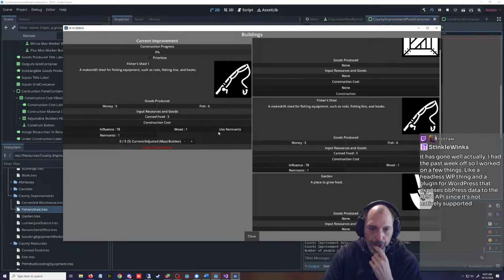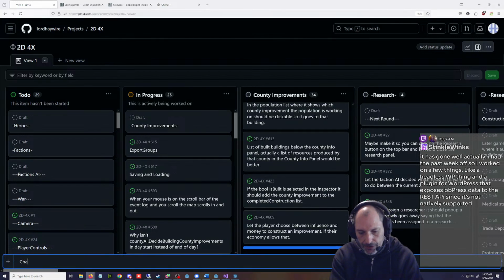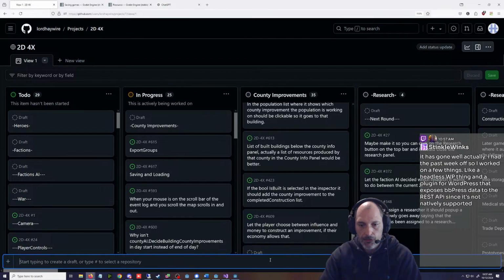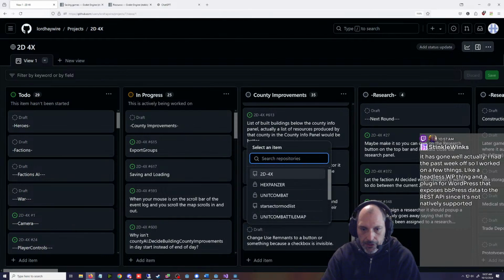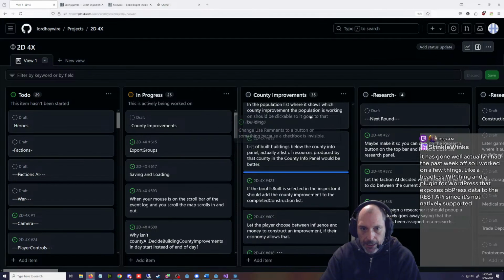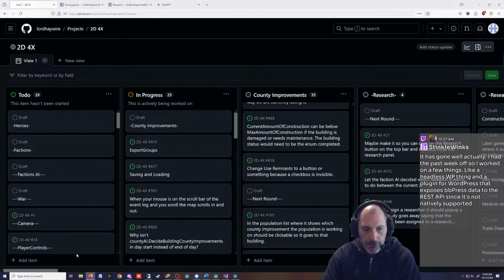Yeah, we should change this to a button or something. I'm going to put in a note because it's just too ugly. Change use remnants to a button or something because a checkbox is invisible. We'll put this here. And this will go up to here. And then